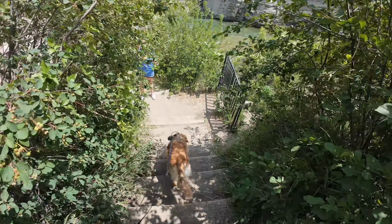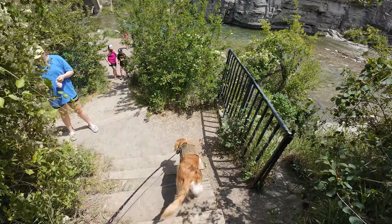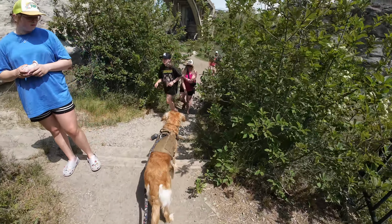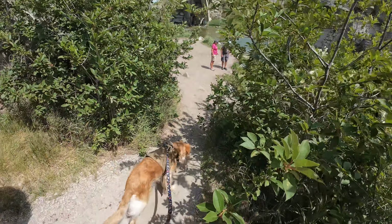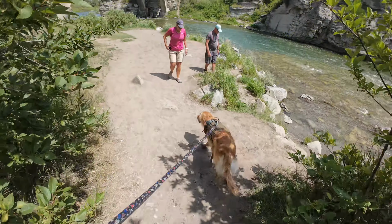For those looking to stay a while, the Lundbreck Falls Provincial Recreation Area features a seasonal campground with unserviced and powered sites, as well as walk-in tent spots. While the campground offers basic amenities like pit toilets and picnic tables, visitors should bring their own firewood and drinking